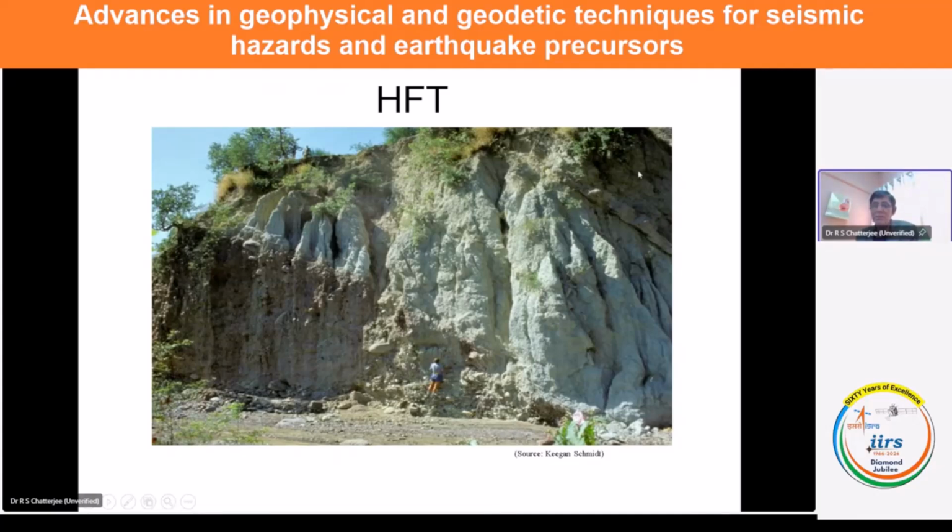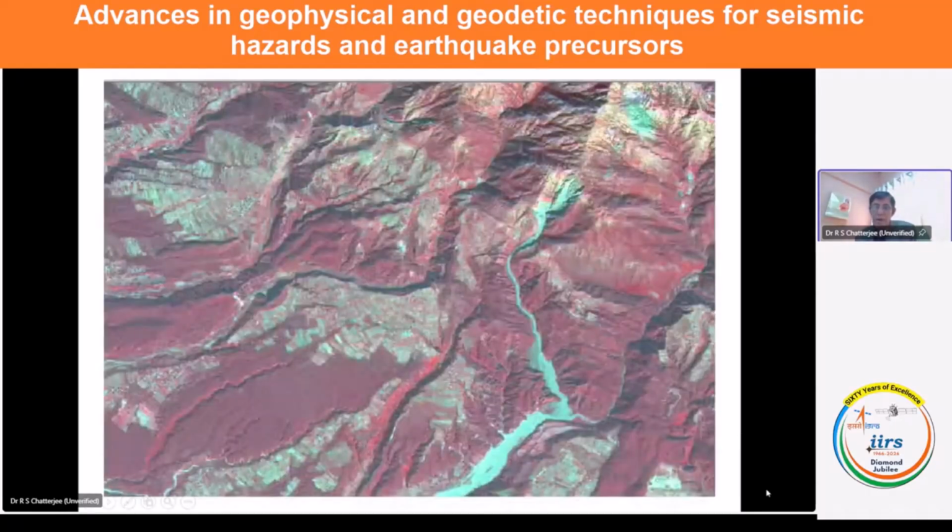And here this is the Siwalik rock. So this is riding over, and this is the fault plane, which is basically the Himalayan Frontal Thrust. It represents the Himalayan Frontal Thrust. And in this Doon Valley itself, very close to Dehradun, we have a number of active faults where the topographic